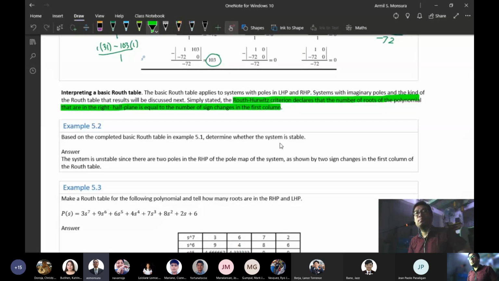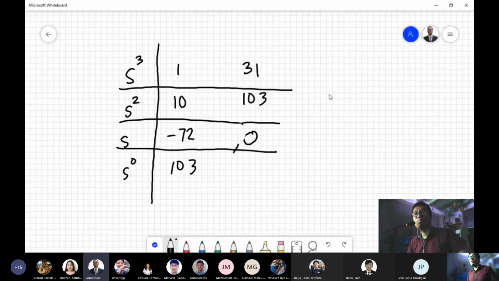So, ang gagawin natin is pipilangin natin kung ilang beses nagpalit ng sign sa first column yung inyong route table. At yung number of sign changes na yon would actually equal to the number of roots or number of poles na nasa right half plane